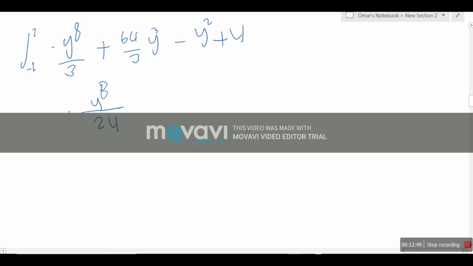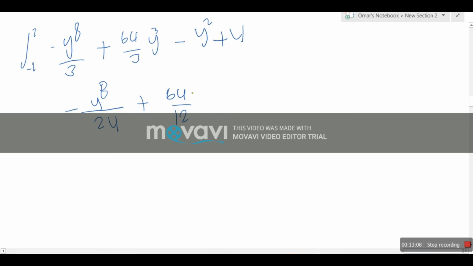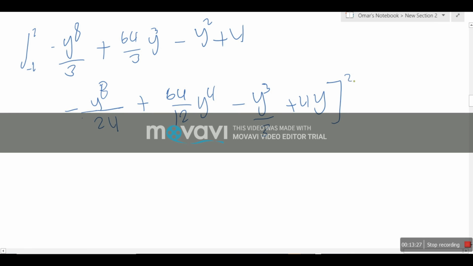Eight divided by 24 plus 64 divided by 12 y to the fourth minus y cubed divided by 3 plus 4y, and the limits of integration are 2 and negative 2,